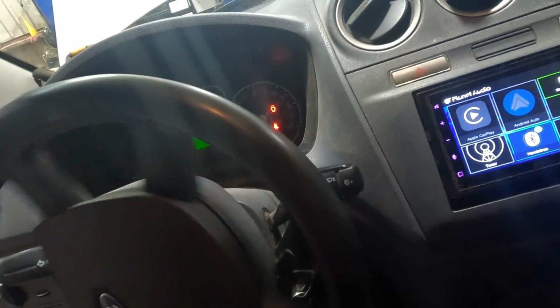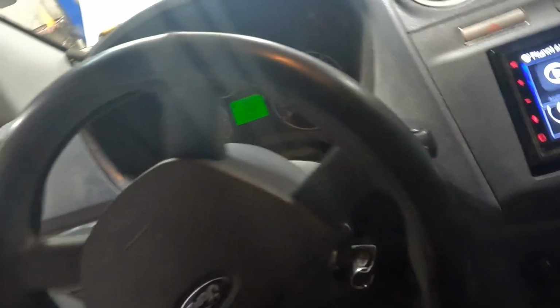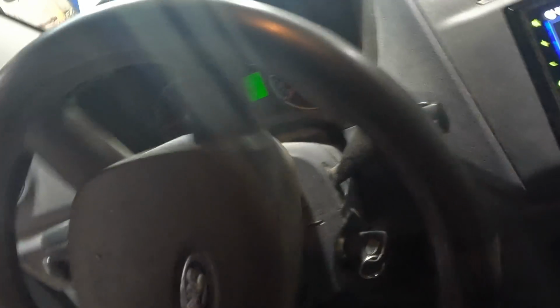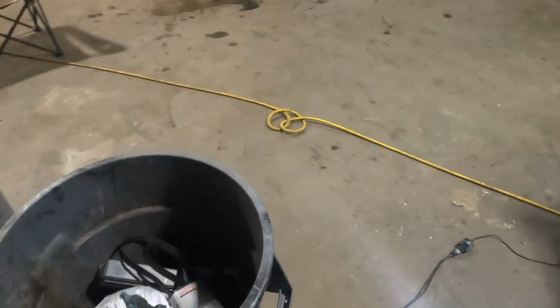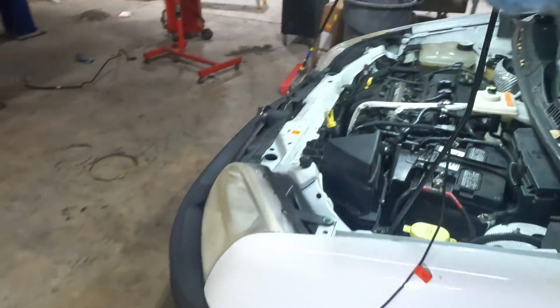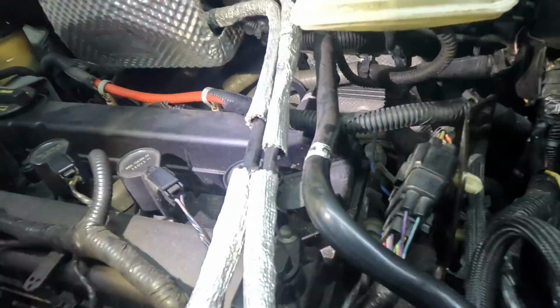I know when I did the power steering service on my Silverado, it made a whining and groaning noise for about 3 days until all the bubbles went away. The only thing we can do is operate the system, run it through heat cycles, and just wait for the bubbles to clear out. Okay, let's take a peek down below, make sure we're not leaking fluid everywhere,